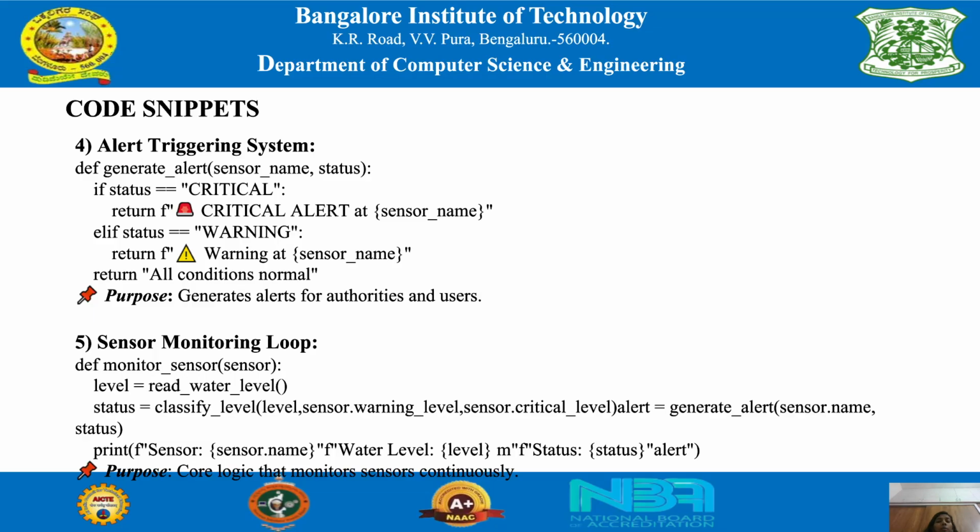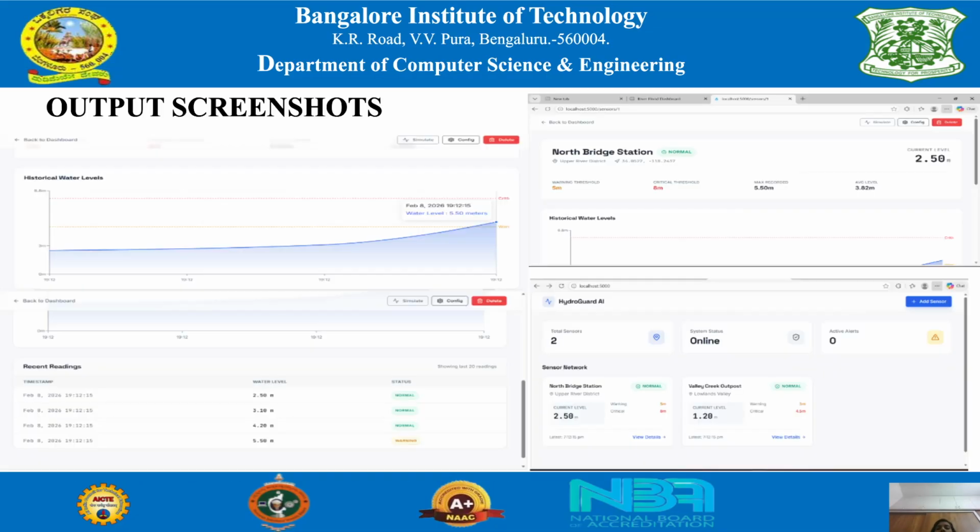Sensor monitoring loop. def monitor_sensor: level = read_water_level, status = classify_level(level, sensor.warning_level). The purpose of this sensor monitoring loop is the core logic that monitors system sensors continuously. So these are the output screenshots of the project that have been built to provide an overall view about the range of